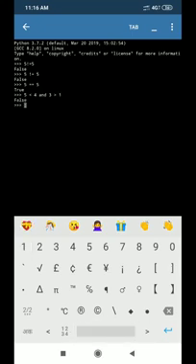See, the result is false because 5 is less than 4 is false, and 3 is greater than 1 is true. The first condition is false, but the second condition is true. But to evaluate the whole thing as true, both the first and second conditions should be true. So in this case, the first condition is false, so we got the total result as false.